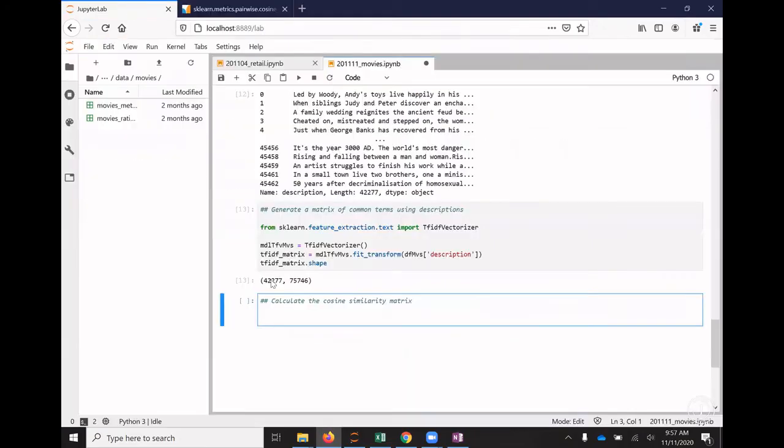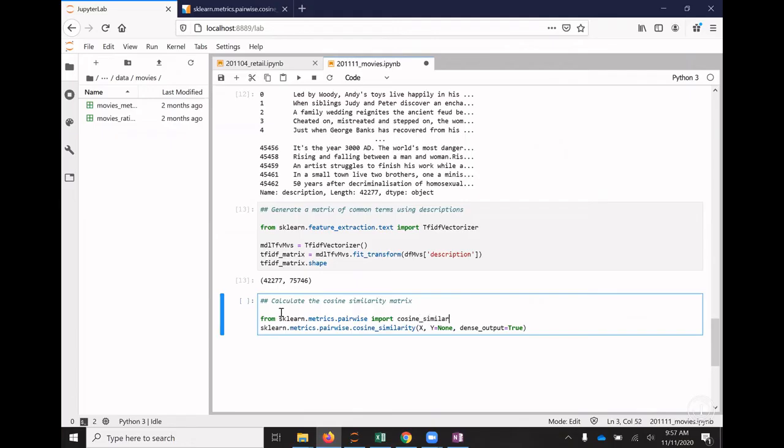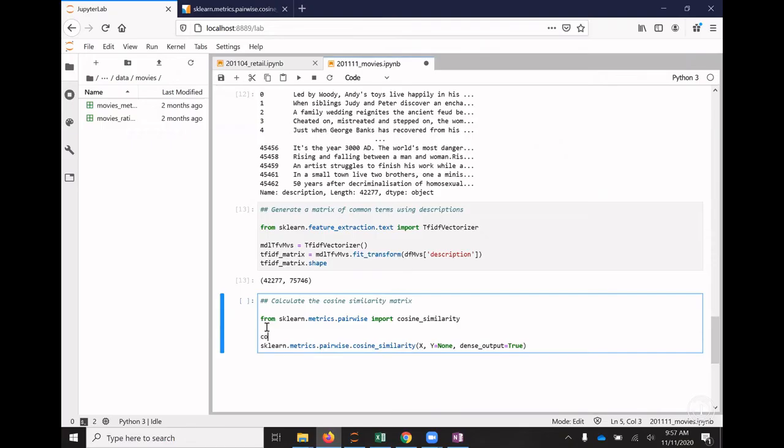Okay. Let's see, from sklearn.metrics.pairwise import cosine similarity, and then we can call this cosine sim, and